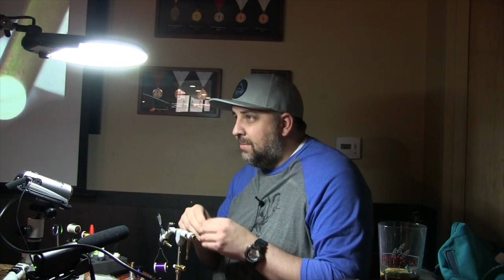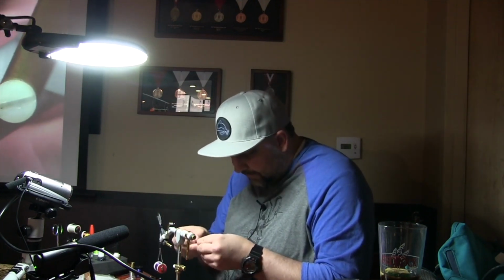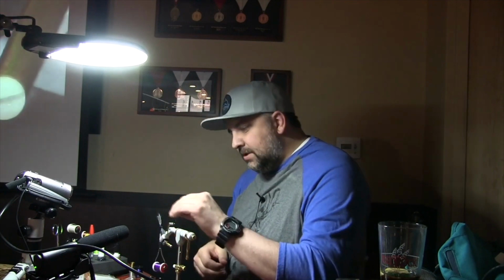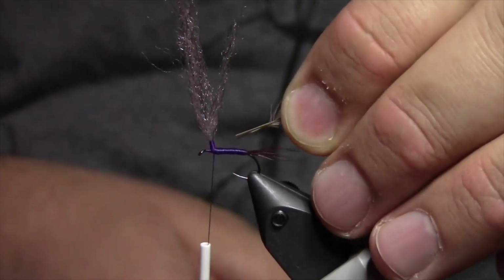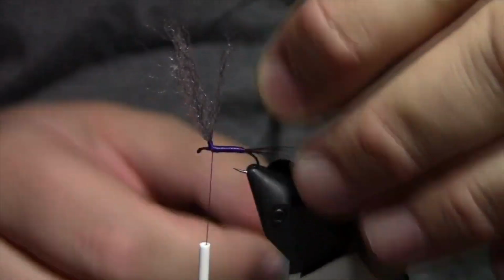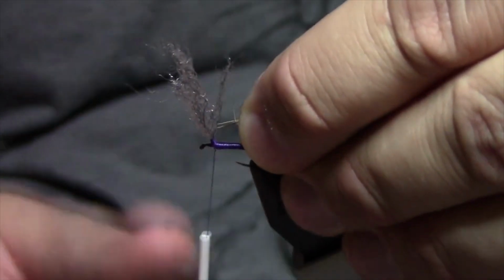But I'm going to show you a way to tie a parachute where it should be perfect. You know, like you shouldn't have any fibers that poke down. You shouldn't mess it up at all. So first of all, I've got quite a bit of bare stem here. So this can kind of be tricky, but what I'm going to do,